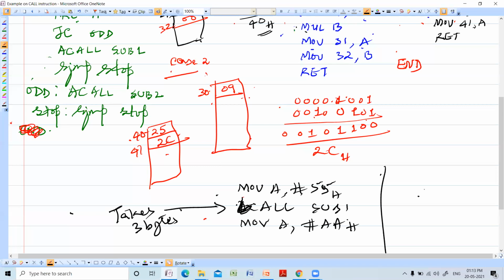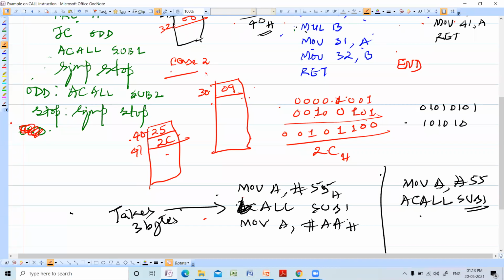Very important. Rather than writing like this, you can write MOV A, #55H, and rather than writing LCALL, you can write ACALL. ACALL is always used in our programming when you write a small program. And see, what is 55? 55 is this. What is A? A is this. You can just observe these 2 bytes.